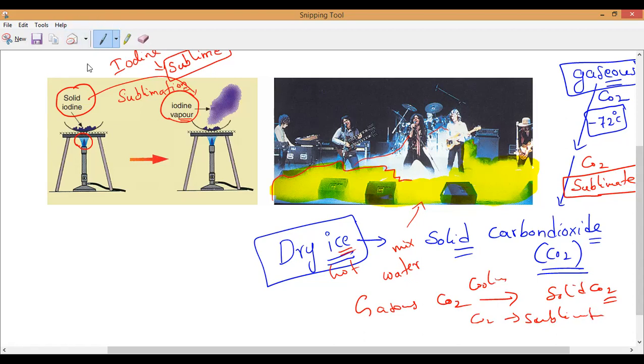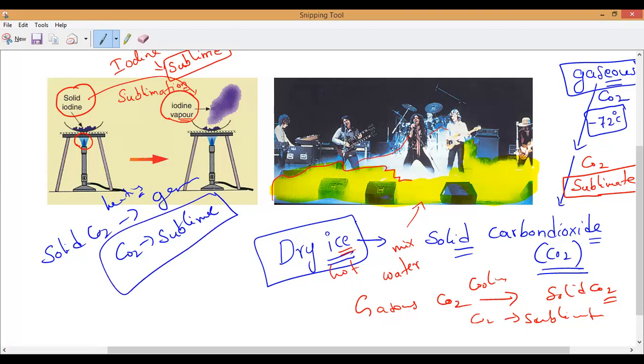Now, when we are converting solid CO2 to gaseous CO2, that is by heating again. Heating means temperature increases. So at that time CO2 is called sublime. That is what you have to remember. So for creating special effects in photography and all, which one will we use, guys? Dry ice. So is it sublime or sublimate? That is my question. It is sublime. Understand, Hari? Not sublimate, Hari. Sublime.